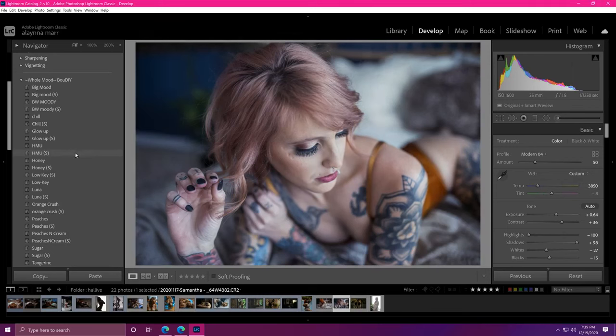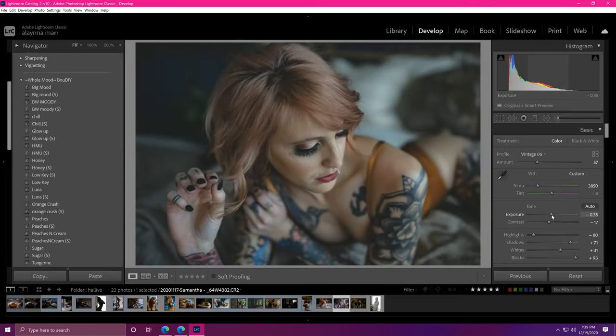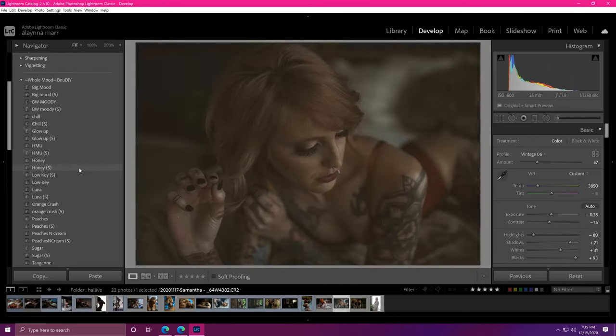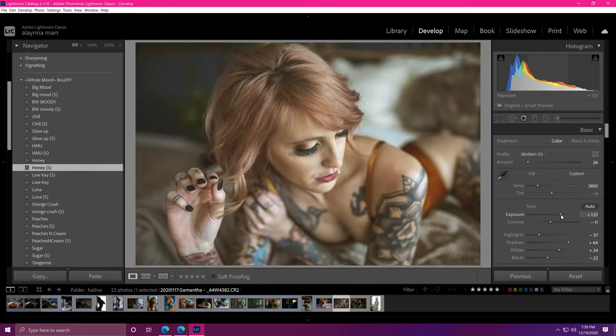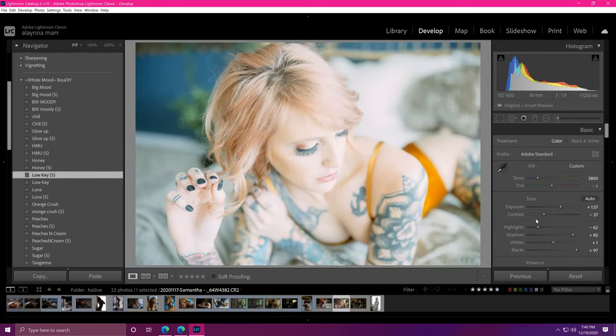So we got Glow Up, Hit Me Up. Let's see how pretty that is. This is more of a matte. If you don't like matte, you can add the contrast in, or you can let it go. I like the matte. Honey is one of those that I feel like you go a little brighter and a little more contrast, and it gets really pretty. Right? And you see how very minute I'm moving these things over here. The low-key soft,